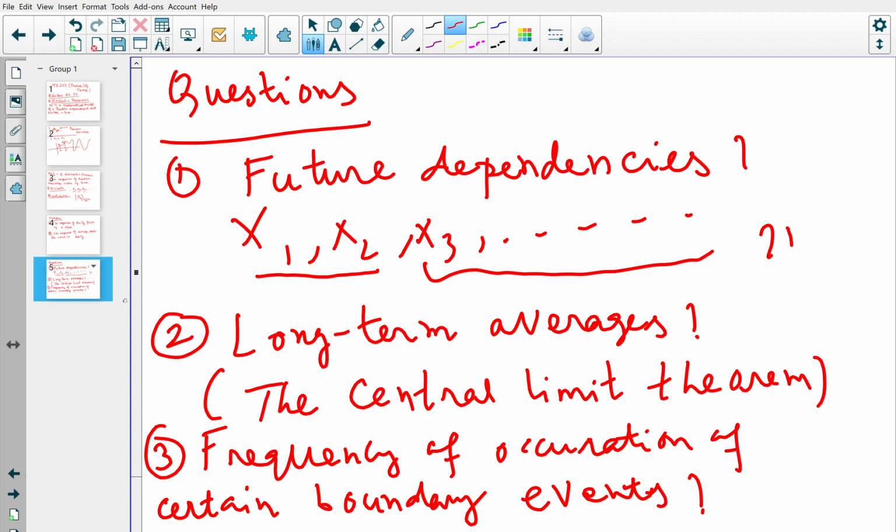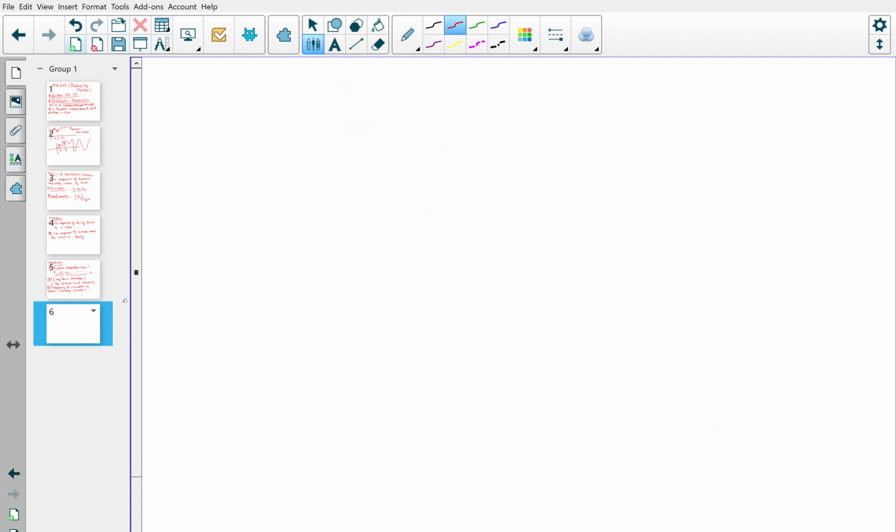These are very rare cases. Or the stock price going up by 20% in a day. These are very rare events. We want to know how often it happens. What is the probability? This type of question is generally studied as future dependencies, long-term behavior, and so on. Okay, so now, as you know already,